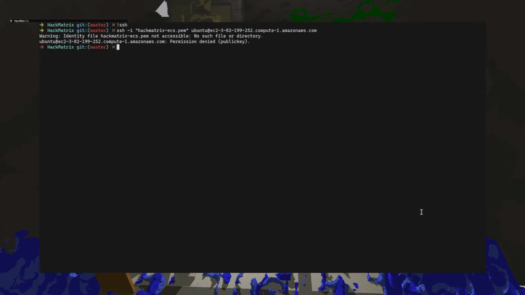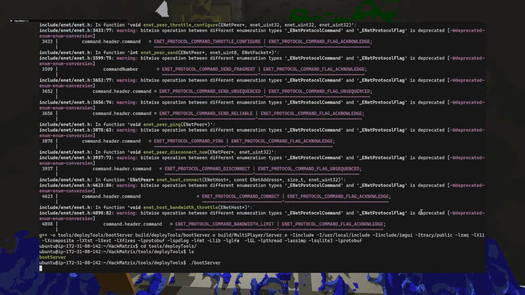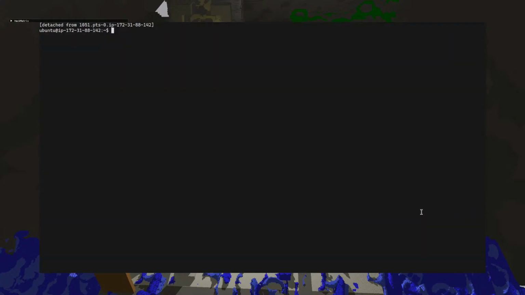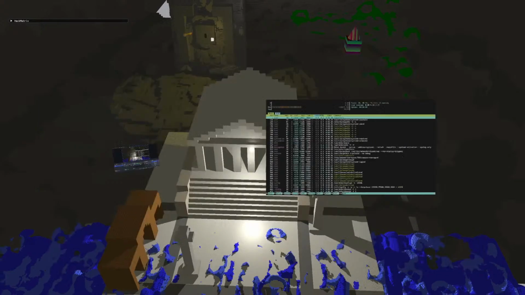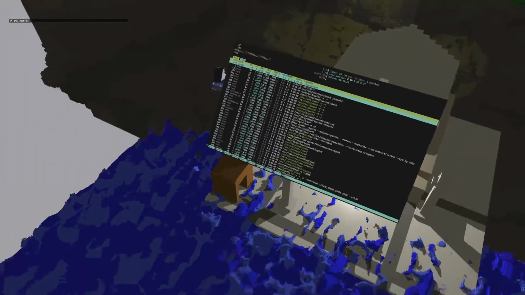Let's get back into SSH. Okay, there is the server still booted, and I'll just run htop so we can monitor that as I connect.